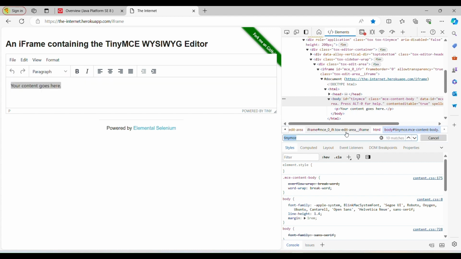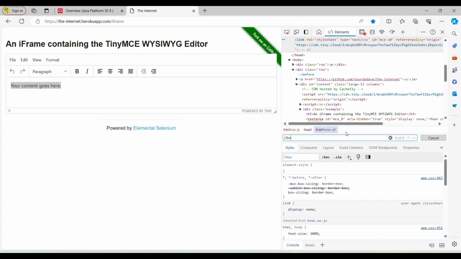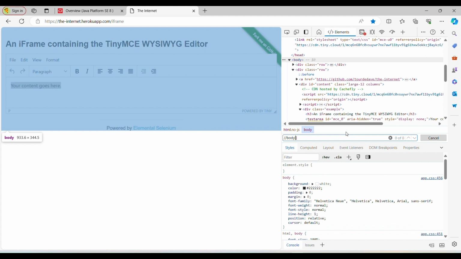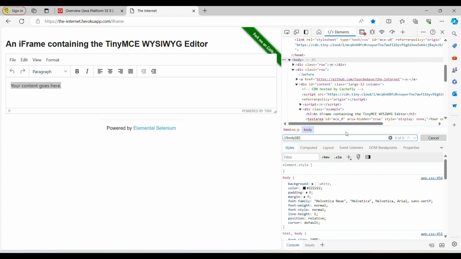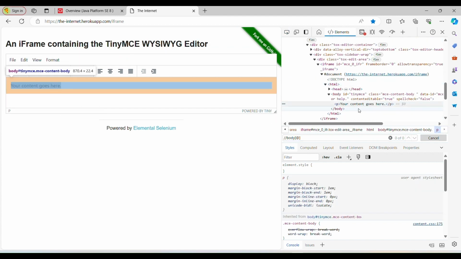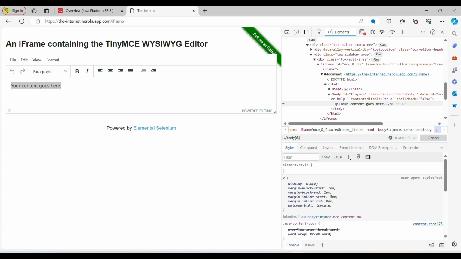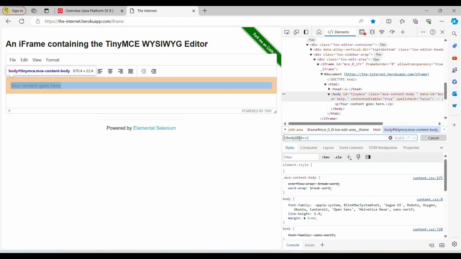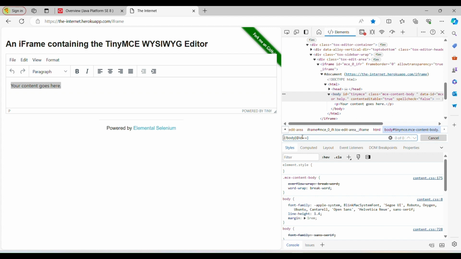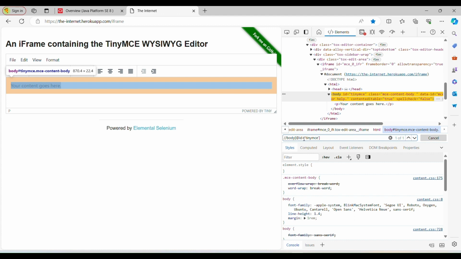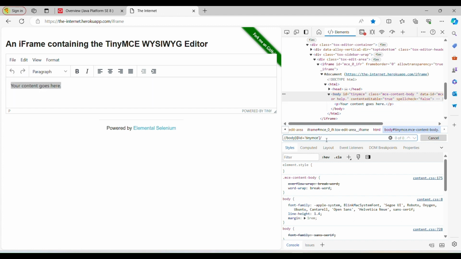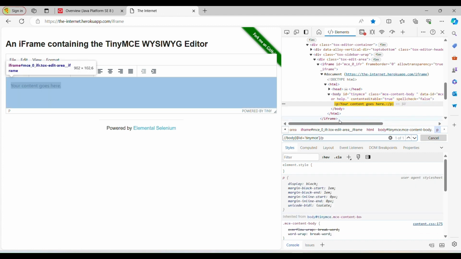So I will create one XPath here, double slash body, under body we have at the rate id. Sorry, I need to check again. Body, under body we have id. So simple, at the rate id equal, single equal, this. So see, right now the body is selected, but I need to change to the paragraph, right? So I will simply use forward slash p. Now my paragraph is selected, right?